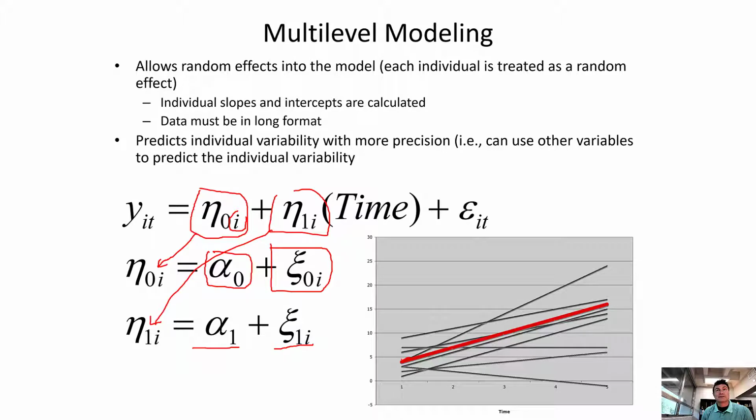Everybody gets their own slope. So what we see in this figure is everybody has their own starting point and their own slope. Some people are really close to that average slope. Some people have a negative slope, so they're taking away a lot from that average slope. Some people have a larger slope, and so each person gets their own trajectory. And that really is going to be important when we start to look at why things are different for different people.